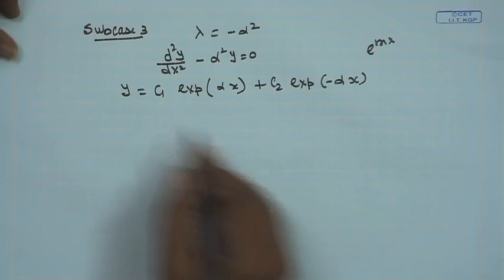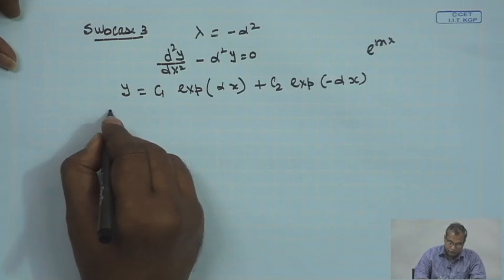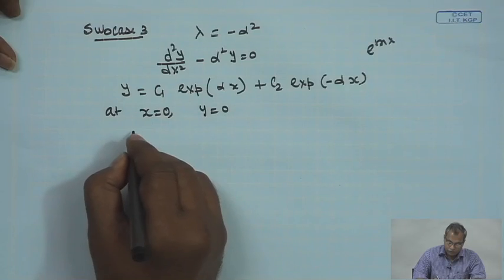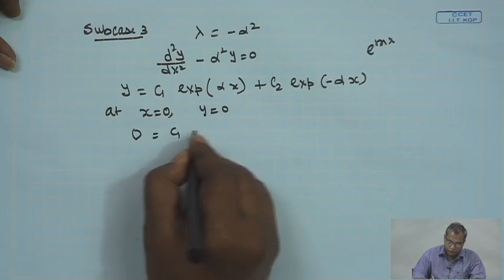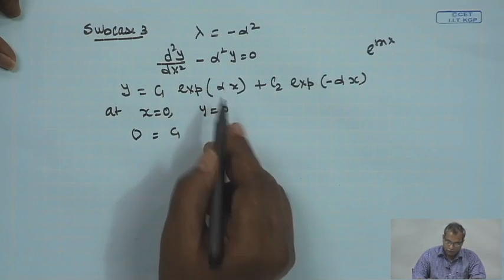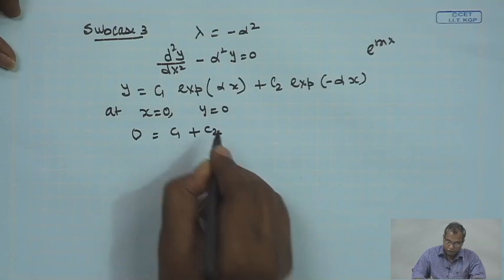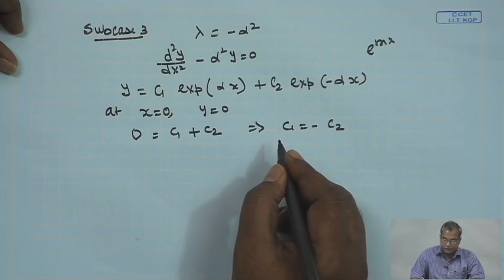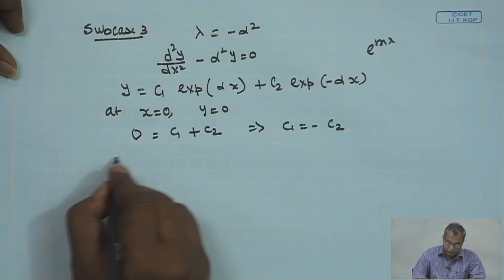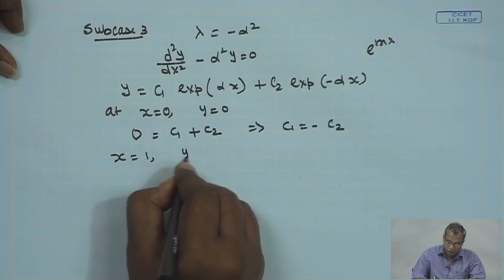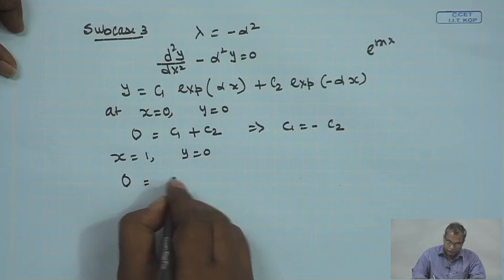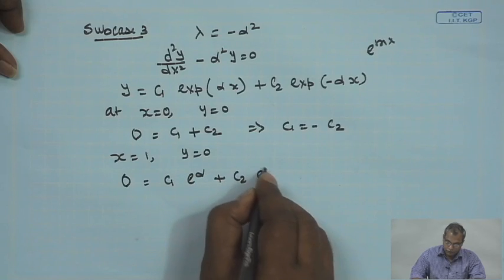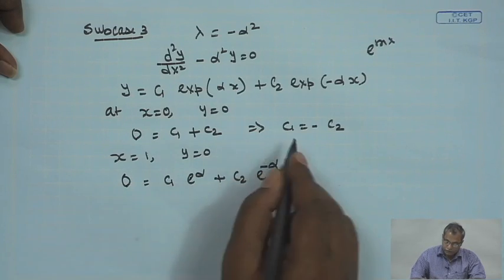Now, let us put in the boundary conditions and evaluate c1 and c2. At x is equal to 0, y is equal to 0. So, 0 is equal to c1 e to the power 0, that will be 1, plus c2 times 1. So, c1 is equal to minus c2. Next, we put the other boundary condition at x is equal to 1, y is equal to 0. So, 0 is equal to c1 e to the power alpha plus c2 e to the power minus alpha. With c1 equal to minus c2,